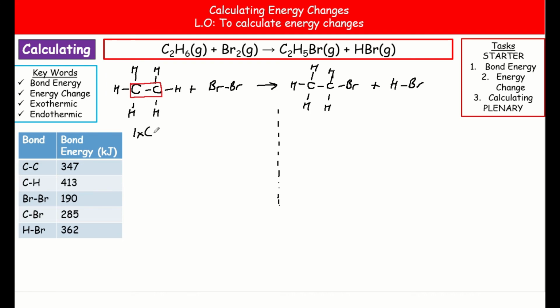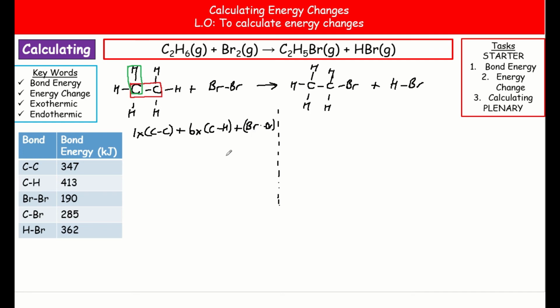And we've then got these carbon-hydrogen bonds. Now we've got 1, 2, 3, 4, 5, 6 of those. So we've got 6 of the carbon-hydrogen bonds, and we've got 1